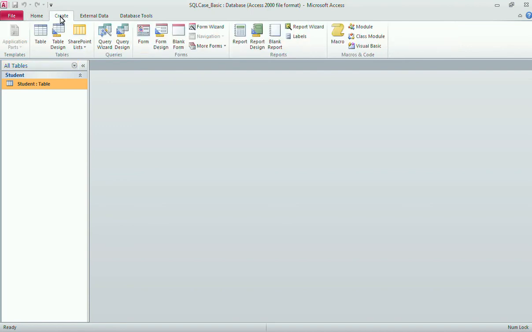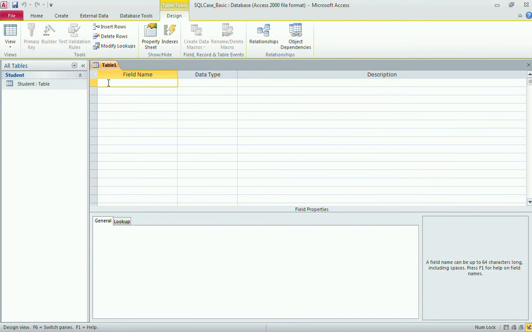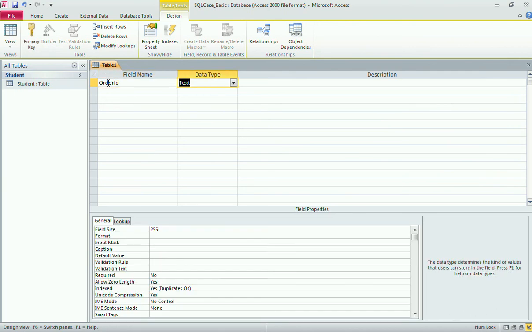So I'll show you how to create a new table. Go to this create menu. From here you can select table. I'll select table design. It will open up in design mode. I'll specify a field name, say for instance order ID. I'll specify the data type number,